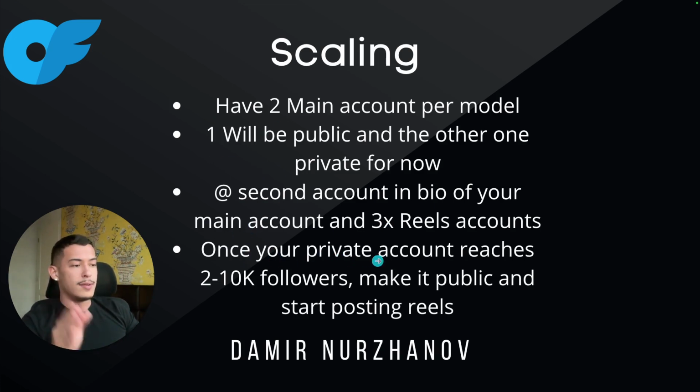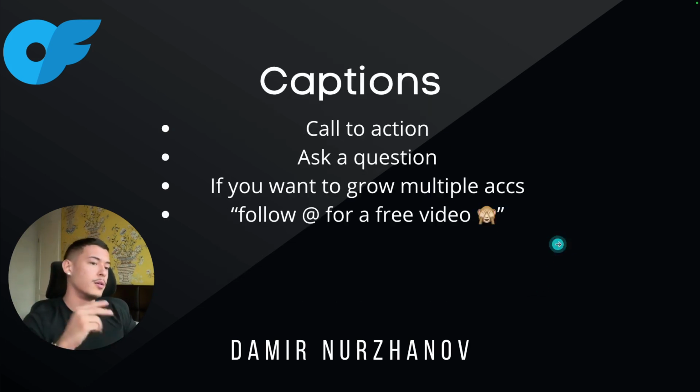And once that private account has reached 2 to 10,000 followers, make it public. So make it a professional account. When you do this, it's going to accept all of those follow requests. You're going to get all of that inbound traffic, viewing your stories, viewing your reels. It's just going to boost your IG account. And you want to start posting reels. Again, high quality reels, boys. One thing I want to mention is do not post this exact same content from your other accounts. You need to spoof it or repurpose it, which I'll show you now in a second how to do.